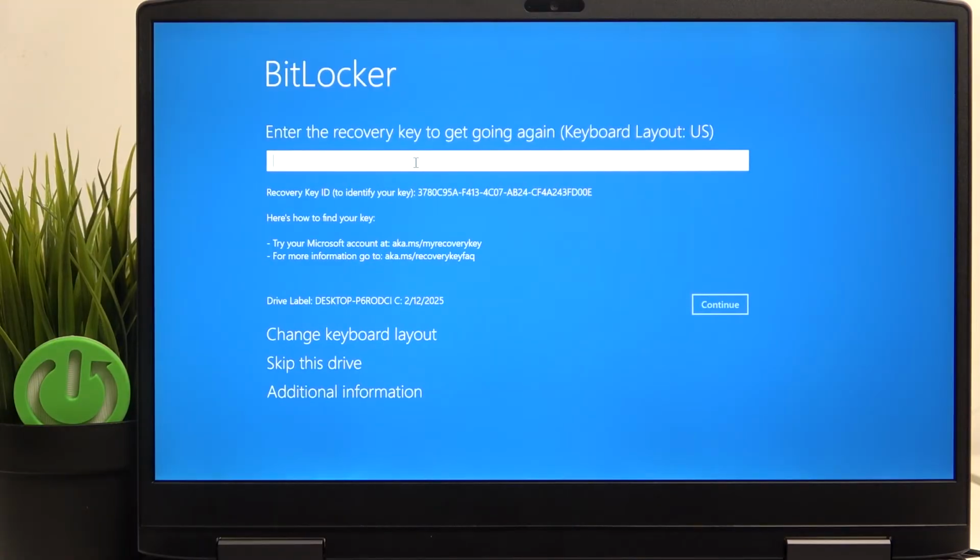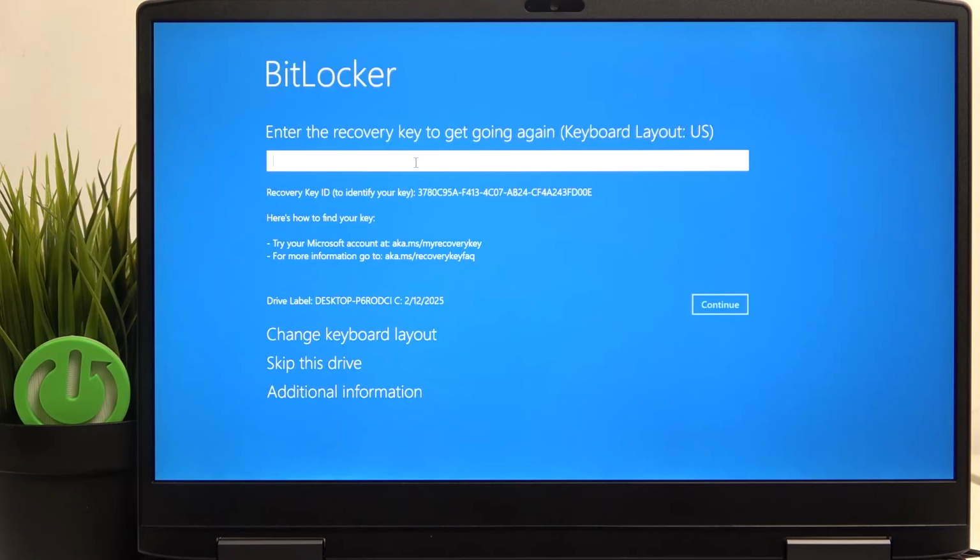So it has to be exactly aka.ms/myrecoverykey, and after that don't put any .com or whatever, because once I accidentally entered aka.ms myrecoverykey without any dots or slashes and then .com at the end, and it went to a scammer website, so you don't want that. Then you need to log into the same Microsoft account that has been logged in on this laptop,